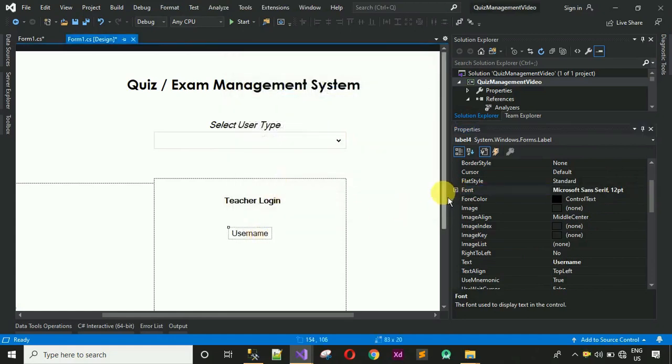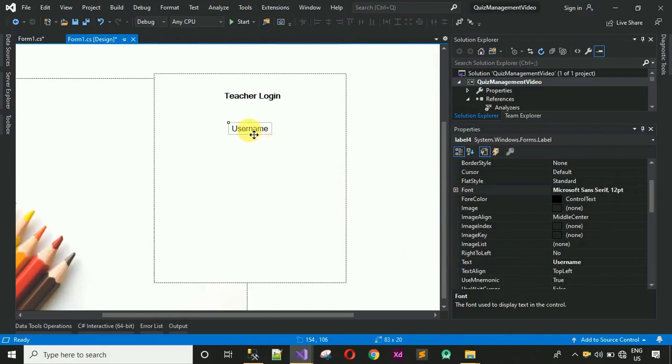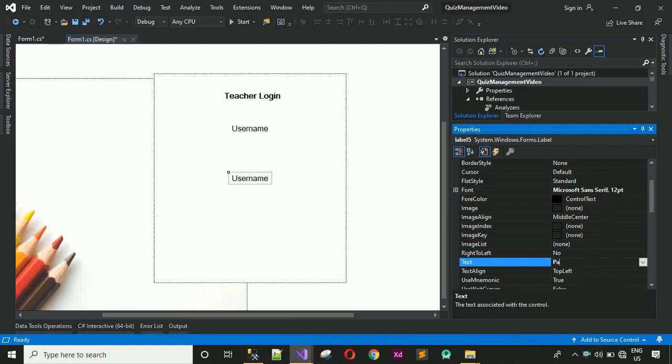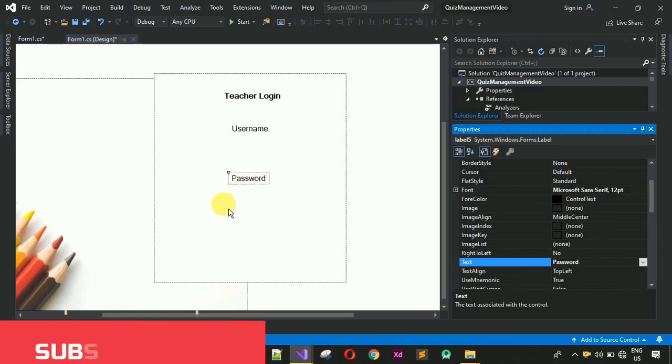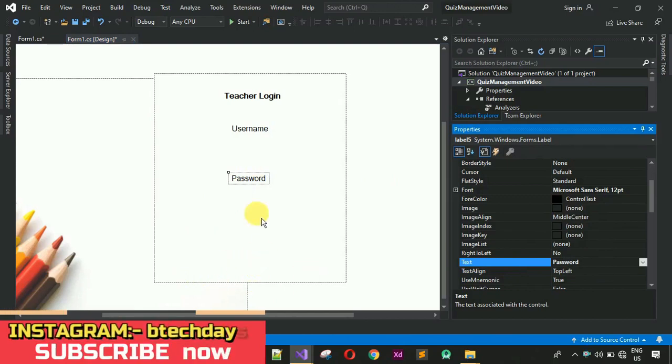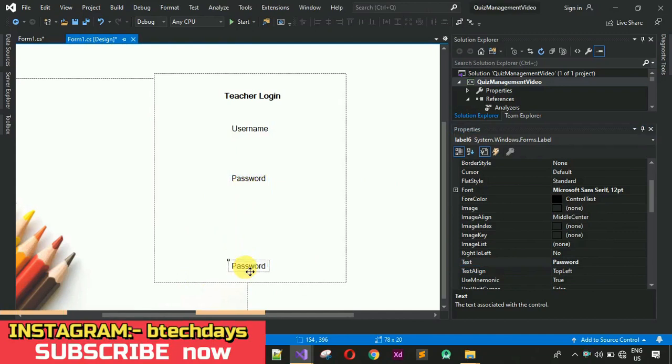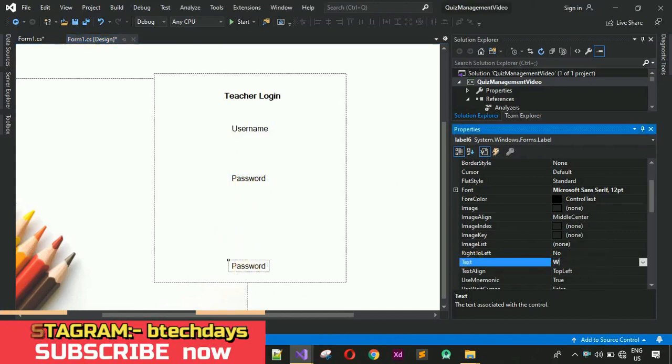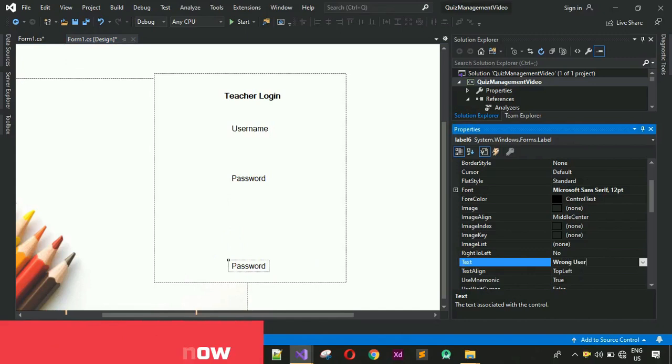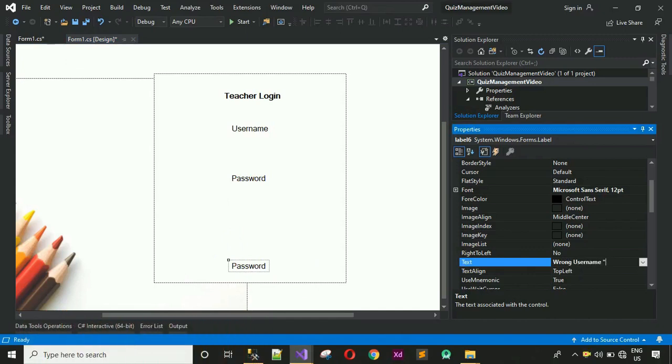Now this one is looking nice. In the same way, we have to add one more, so copy this and paste it once again and change the name, this one to password, and we need to add two text boxes inside this one and one checkbox, that is show password and hide password, and one label over here, that is nothing but, let me just copy this and paste it once again and move back over here, just change the text to wrong user name or password,